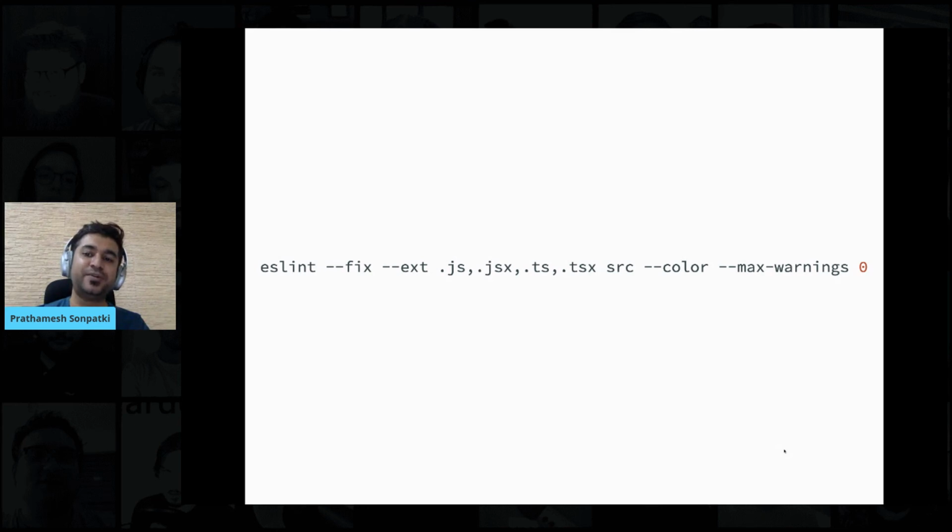But what we did was we added this max-warnings 0 in our ESLint command. And basically what this meant for us is that our CI build used to throw errors if there was even one warning thrown by ESLint. And that helped us in mitigating a lot of warnings that we were ignoring earlier. Because the build fails, you have to fix it, and only then will the build pass. So it helps us proactively fix the warnings upfront and keep the code quality in check.